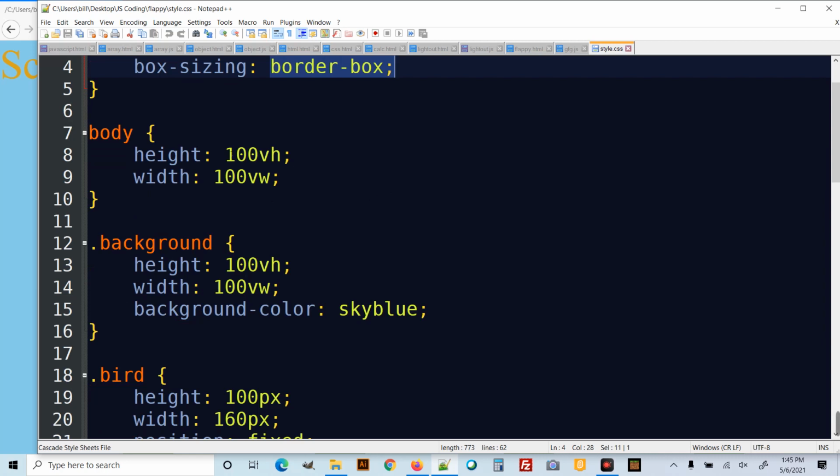Height 100 VH and 100 VW. I'm not sure what VH and VW are. It probably has to do with view height and view width, so it's probably 100% of what your computer sees as the view height, so it will resize. What that does is it means it'll resize with your